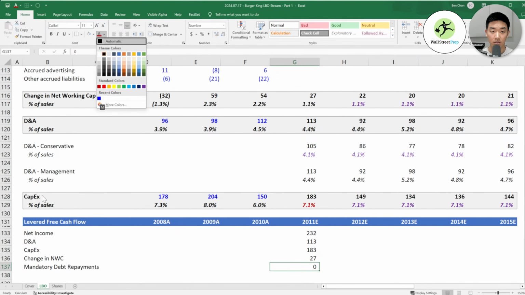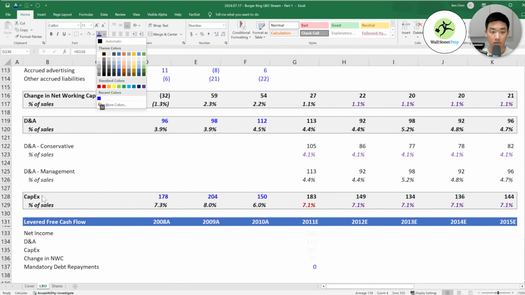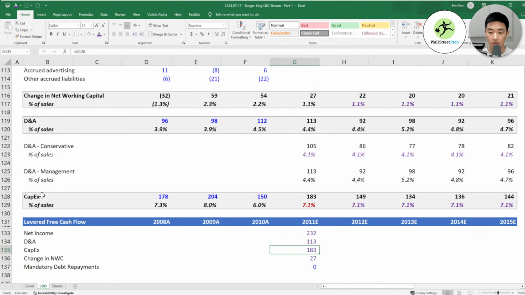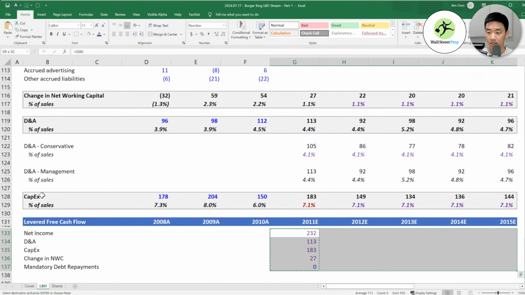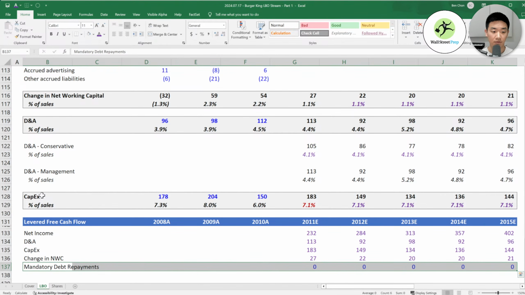So this is a hard code. These are referencing a cell that we have. And that's pretty simple, right? That's all we needed to do to calculate our levered free cash flow.